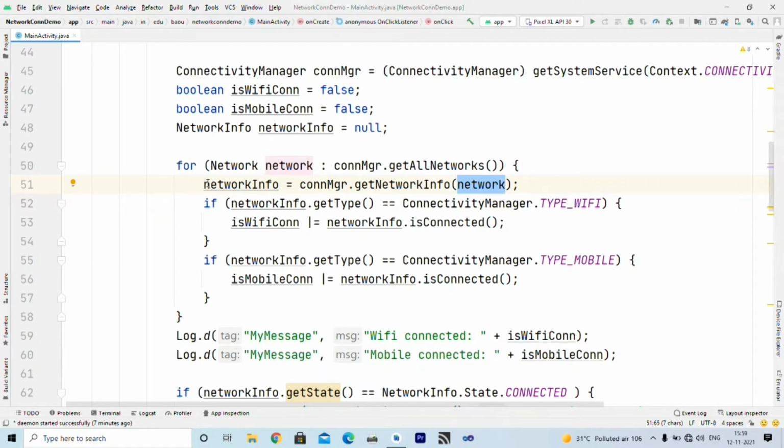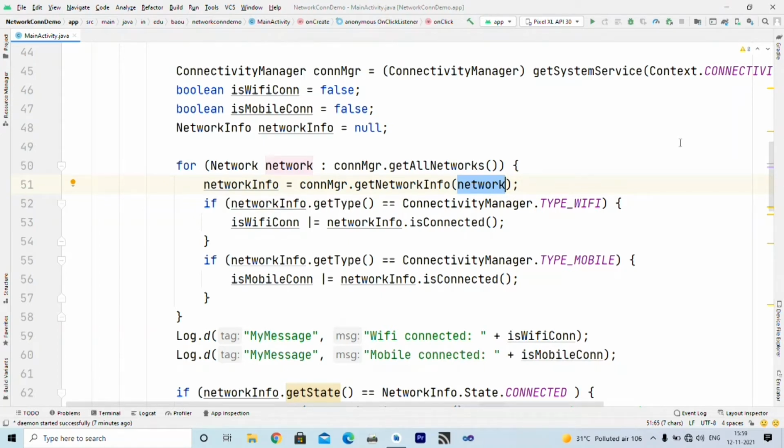So here I write network info is equal to connection manager dot get network info, and which network information we require? The object returned by connection manager dot get all networks one by one. So we get this information for all networks.